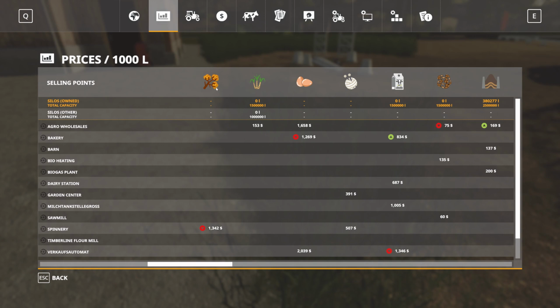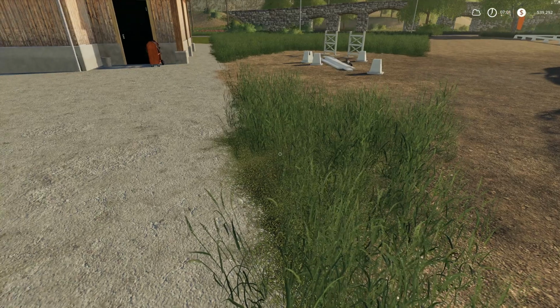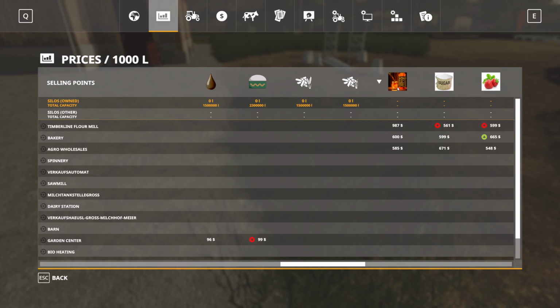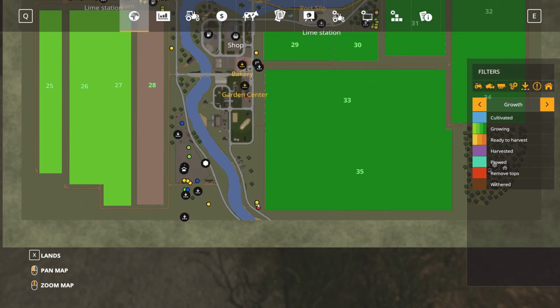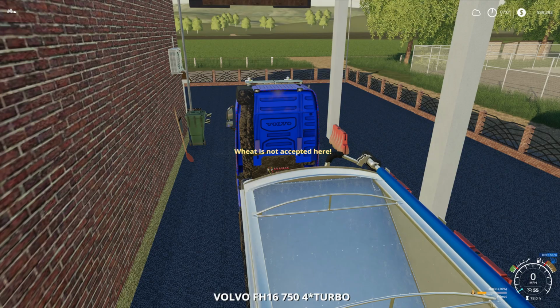I'm hoping that the cotton price at $2,000 stays there until we can get ready to harvest those fields down there. But let's jump on over, before we do that, was it Agro Wholesales or Timberline Flour Mill? Timberline Flour Mill is where I need to go. And, no, that's my quad. Where did I leave my truck? Right here. All right, let's go ahead and dump some...